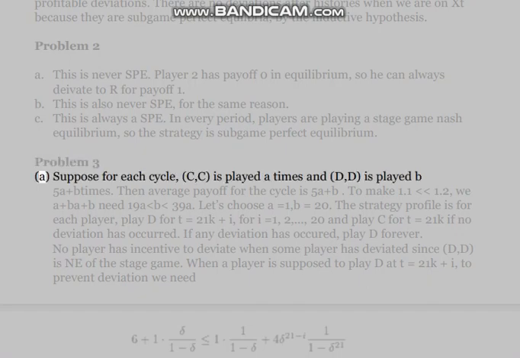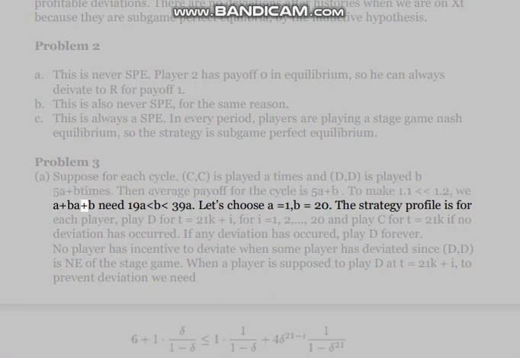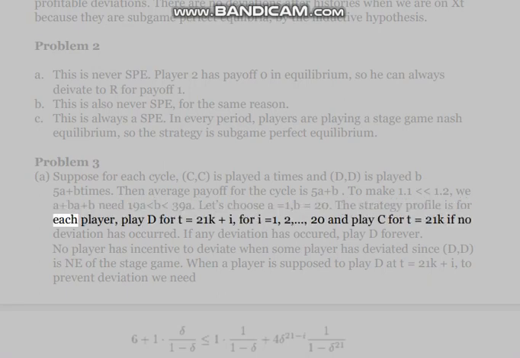Problem 3. A. Suppose for each cycle, C, C is played A times and D, D is played B times. Then the average payoff for the cycle is (5A + B)/(A + B). To make 1.1 we need 19B = 39A. Let's choose A equal to 1, B equal to 20. The strategy profile is, for each player: